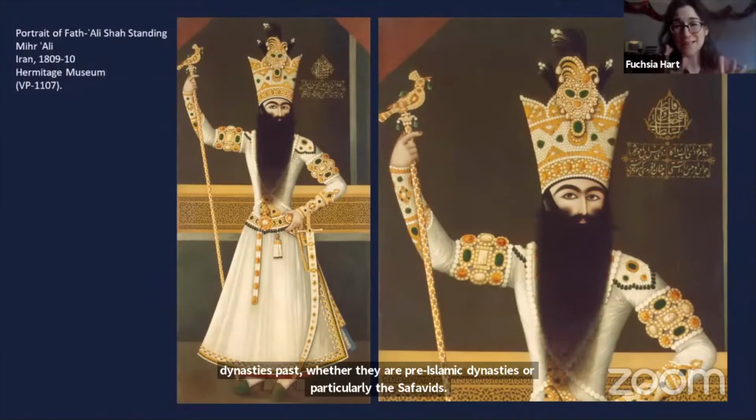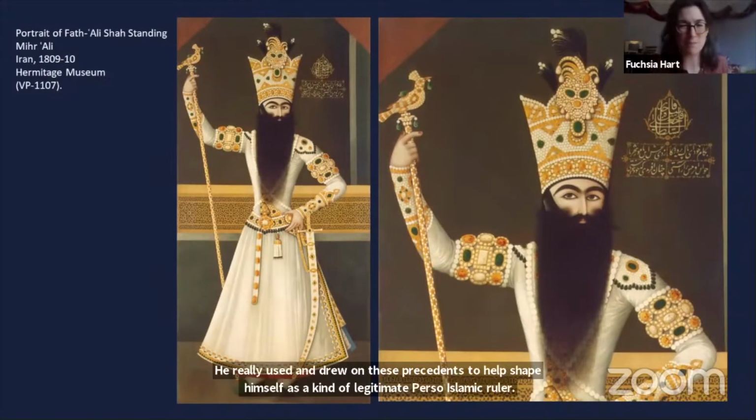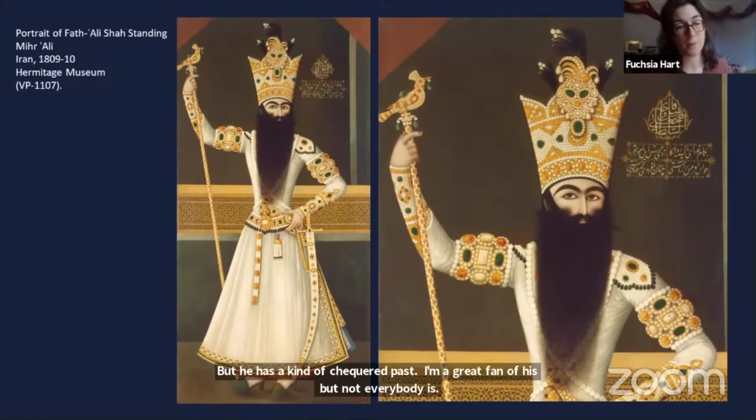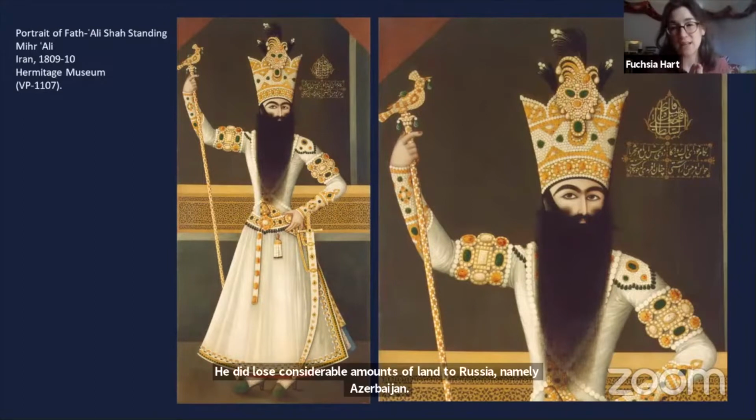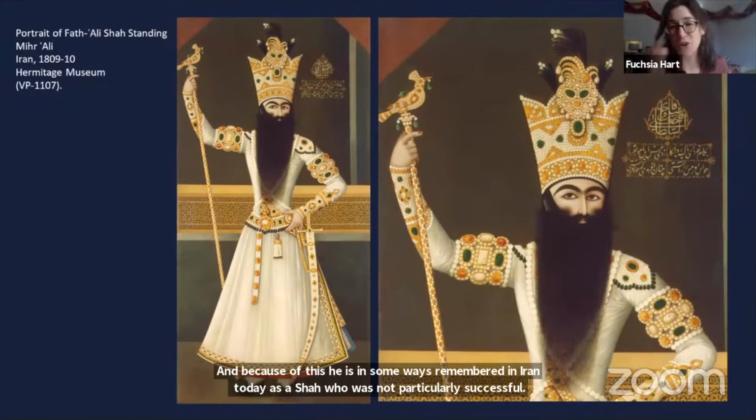But he has a kind of checkered past. I mean, I'm a great fan of his, but not everybody is. He did lose considerable amounts of land to Russia, namely Azerbaijan. And because of this, he is in some ways remembered in Iran today as a Shah who was not particularly successful. He is seen as having frittered away the state coffers on unsuccessful military campaigns and